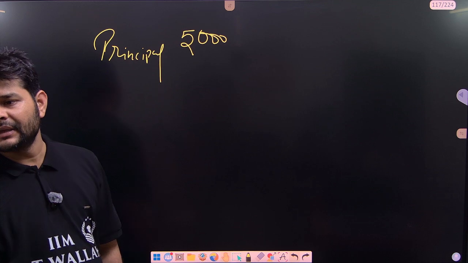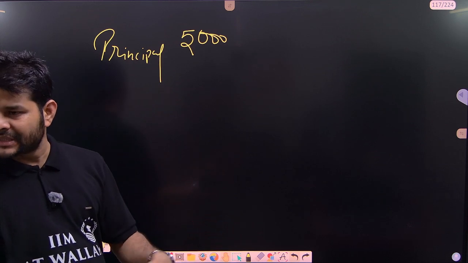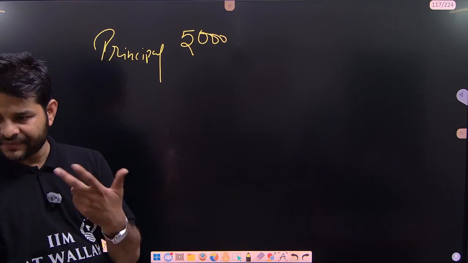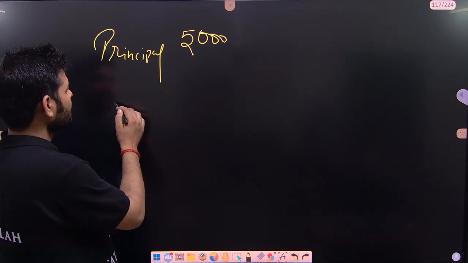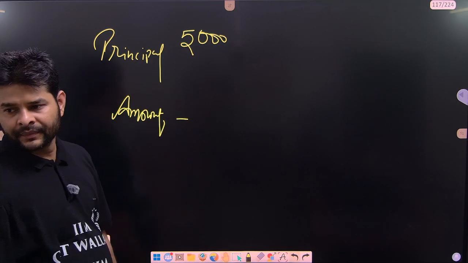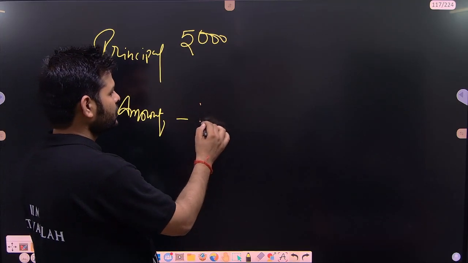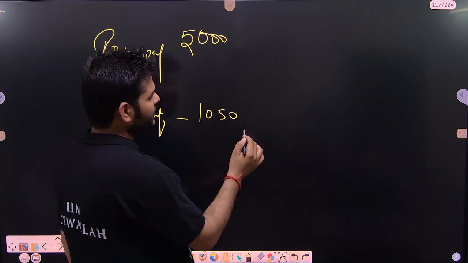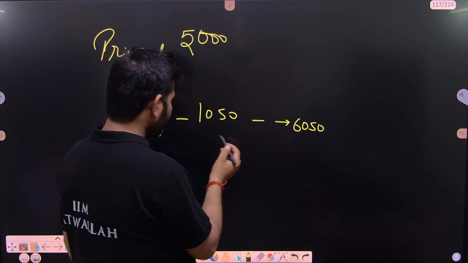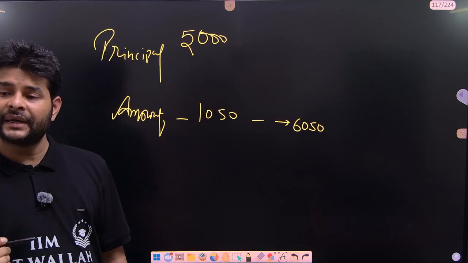And if I take that value after 2 years on compound interest, where the rate of interest is 5%, the amount I will get, we have already calculated, is 105. So if you add, you will get 6050. That would be the amount for me. The reason behind it is that I am the lender.